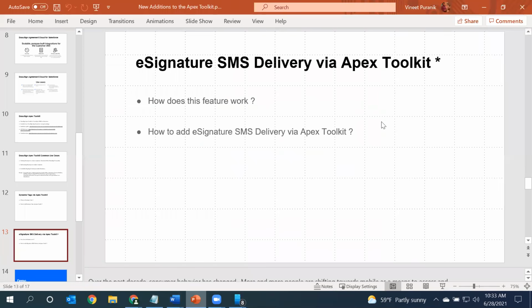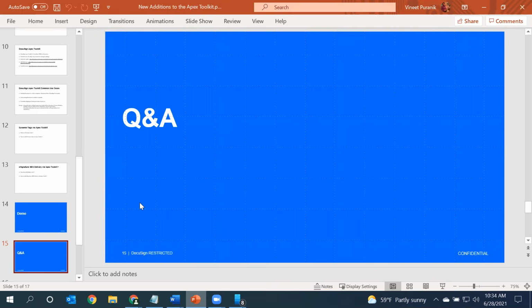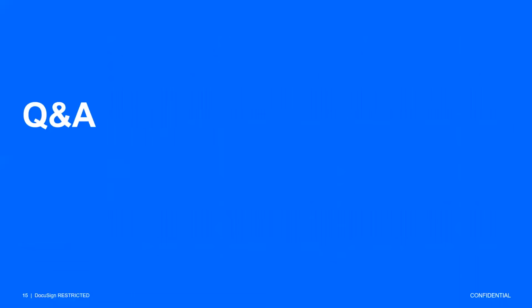Moving on with our presentation. With these features, we are expecting customers can make their implementations more dynamic, and it will eventually help them tackle their business processes in Salesforce. With that, I think we are done with both the features and the demo of these features, and it's time to move on to our favorite Q&A section.